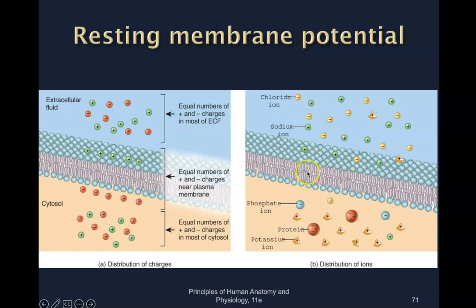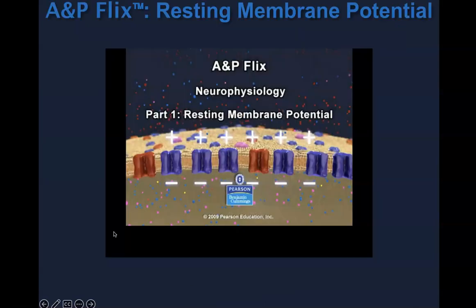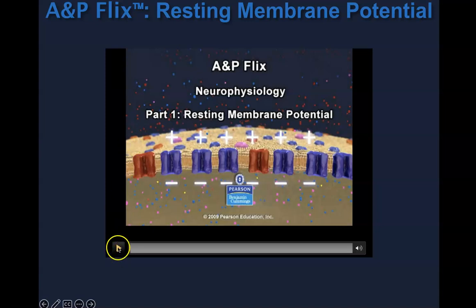Okay. So again, this buildup of charge is going to be right along the membrane because again, as those positively charged potassiums leak out and kind of are hanging out right outside the membrane, then these negatively charged ions inside the cell are going to be attracted to all those positive charges, even though, again, they can't move through that membrane because there isn't a channel for them to do so. So this is a great little flick. I'm just going to play it for you really quick because